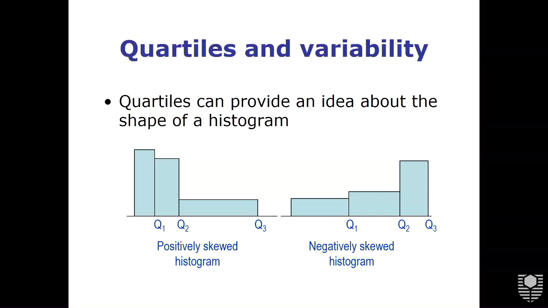Right? So we can divide that: quartile 1 is 25%, 50% for quartile 2 and 75% for quartile 3. Positively skewed histogram, and the other one is a negatively skewed histogram. But normally,